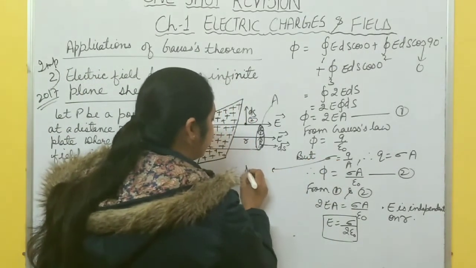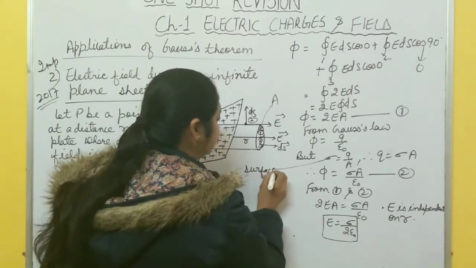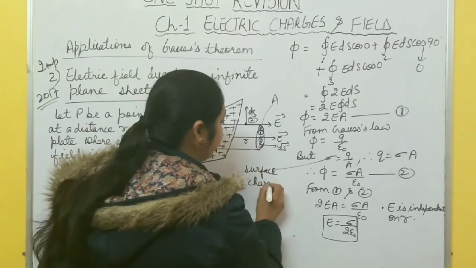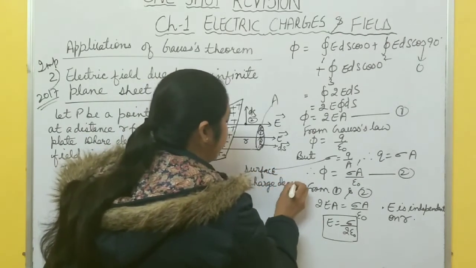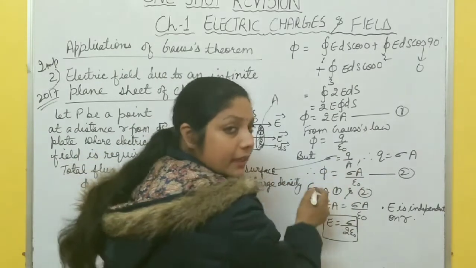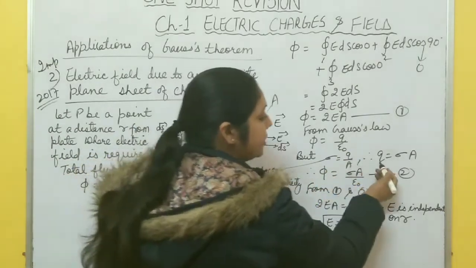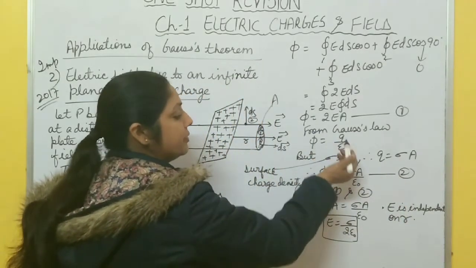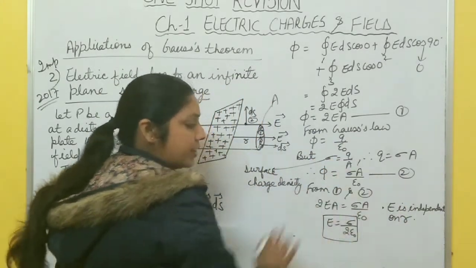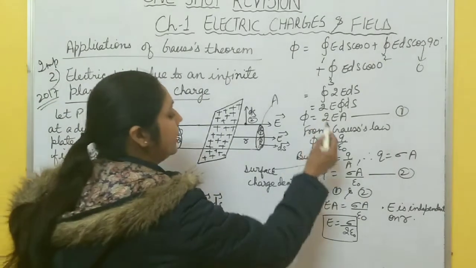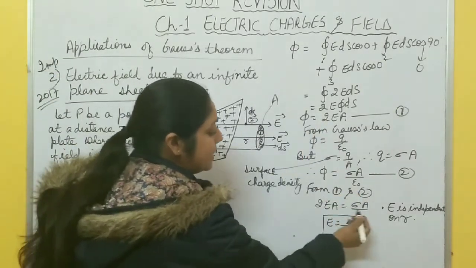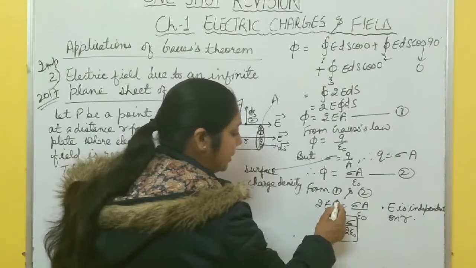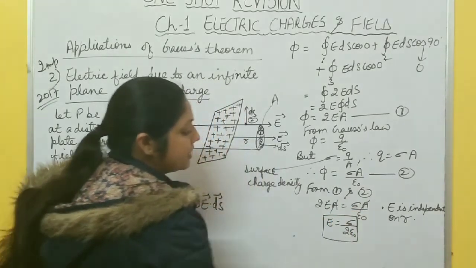Sigma is what? Surface charge density, and it is given by Q by A, charge per unit area. From here Q equal to sigma A. You put this value in Gauss law, so phi becomes Q is sigma A by epsilon naught, equation number 2. Now from 1 and 2, twice EA equal to sigma A by epsilon naught, A A cancel, E becomes sigma by